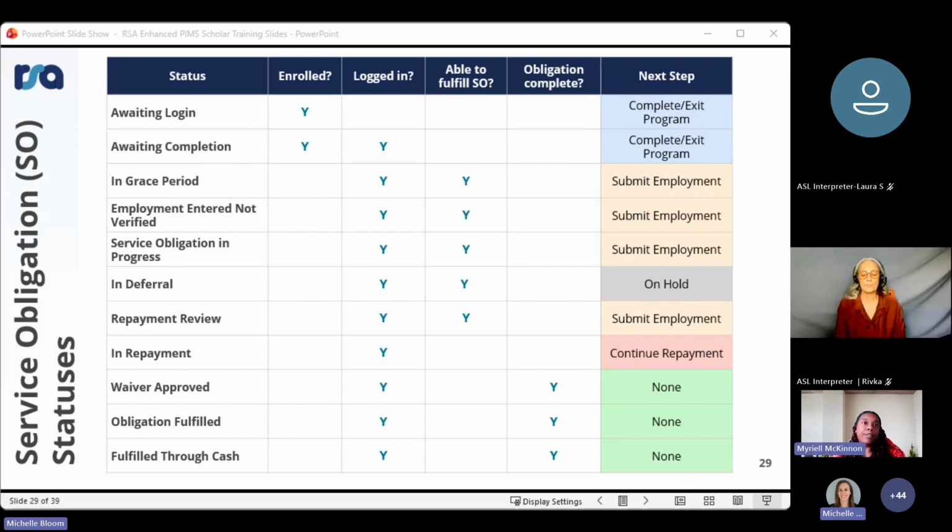And once you're ready to fulfill your service obligation, you'll see that there's a service obligation status shown on your scholar record. So this chart depicts the key aspects that affect each service obligation status. You can find more detailed definitions for these statuses in the Checking Your Service Obligation Status resource under Scholars Resources on the left-hand sidebar. So just to go over the statuses, awaiting login and awaiting completion indicate that a scholar